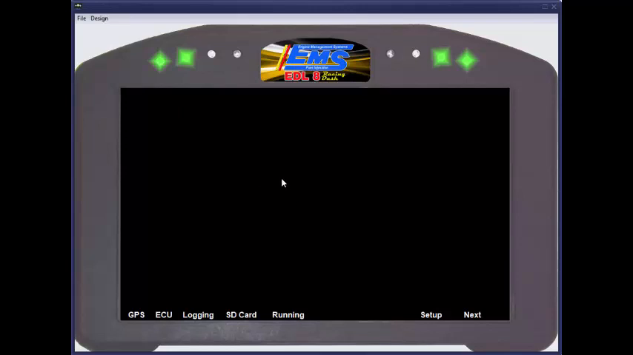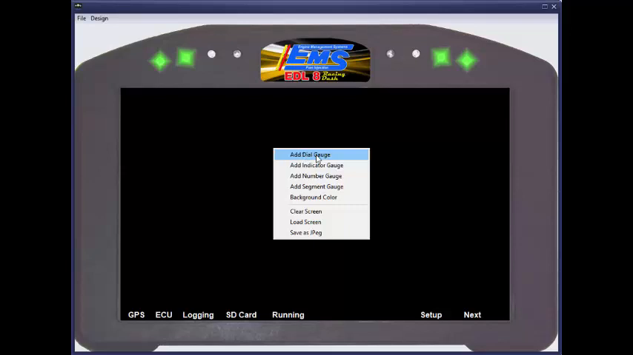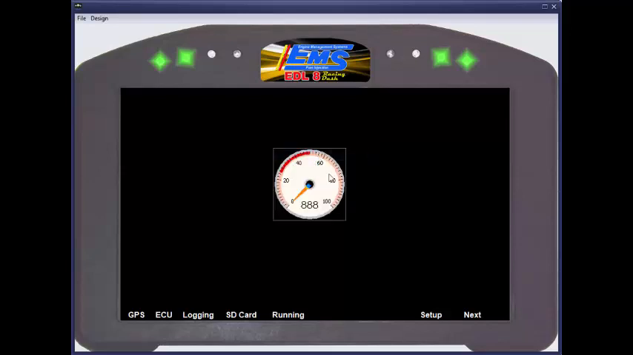In this tutorial we'll be looking at adding and removing gauges for the EDL8 Racing Dash. To add a gauge, you select any area on the screen and right click to select the gauge you want to add. Now that the gauge is on the screen, you can move it around and resize it by right